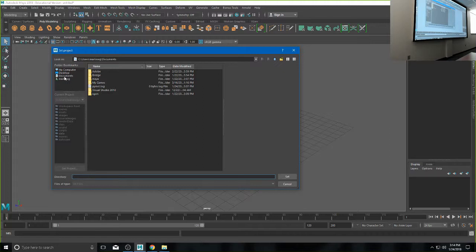Okay. So we're going to set our project. Again, what a lot of people have a tendency to do is just double click on their Maya file. And what that does is it does open the file successfully, but it does that with your project set here in your documents folder, right? There's like a default Maya folder in here, and it sets your project there, which means if you create any textures, if you make any renders or whatever, it's going to put them there. It's going to look for them there. And so that's not what you want because